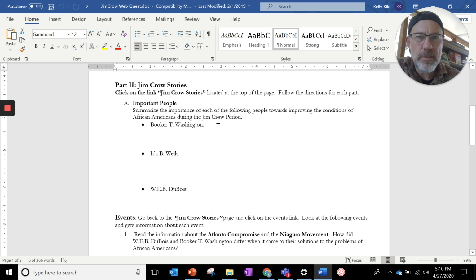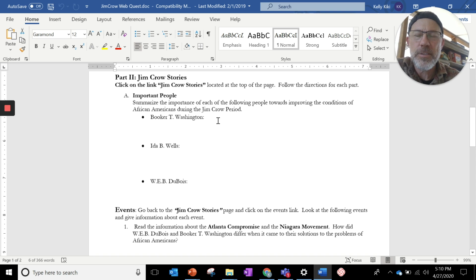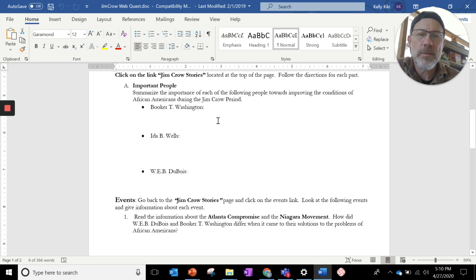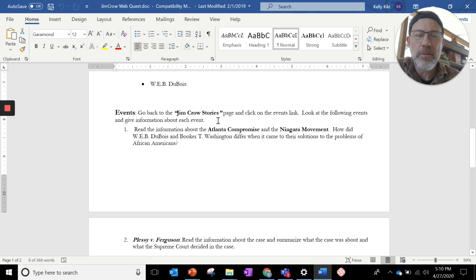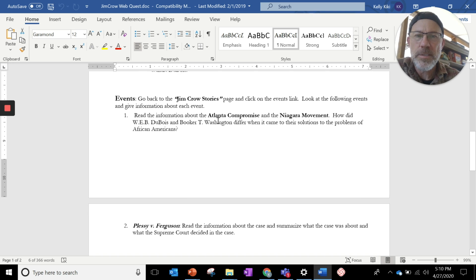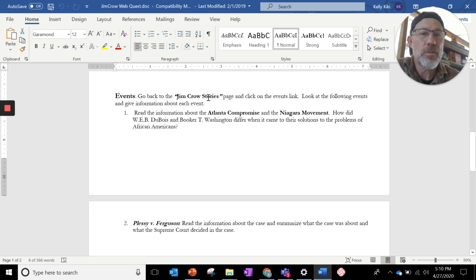For Jim Crow Stories, again, you'll go on the website, it says Jim Crow Stories, and then find these three individuals: Booker T. Washington, Ida B. Wells, and W.E.B. Du Bois. Their pictures were in the movie as well when they were showing the individuals. I want you to learn a little bit more about them and what they did for Black rights, civil rights, and American history. I want you to continue and learn here under Jim Crow Stories about the Atlanta Compromise